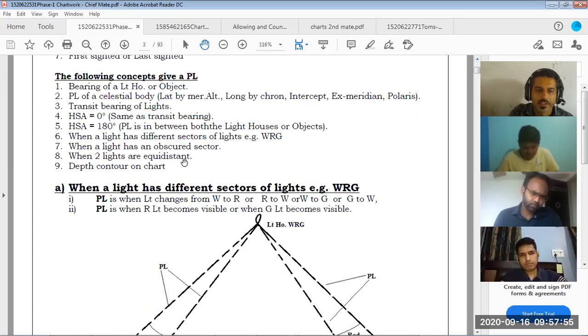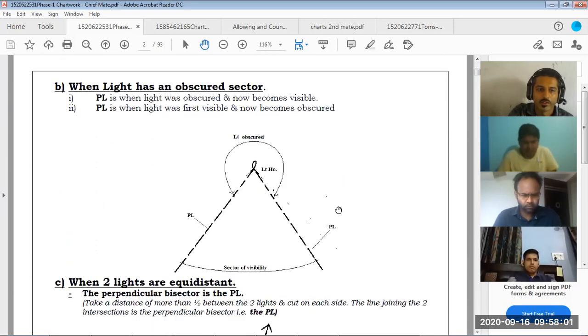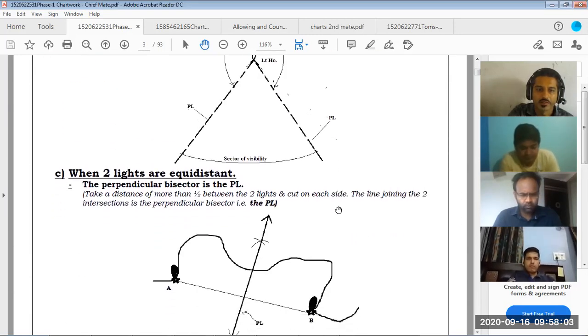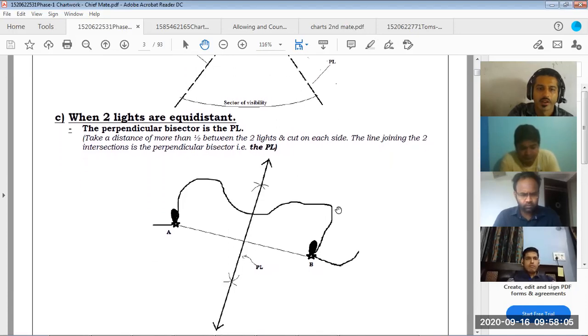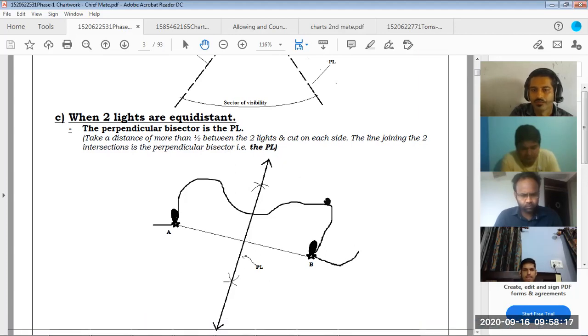Then when two lights are equidistant, so we know the distances, we can cut the arcs on here and we can cut the arc from here and we join, we get 1 PL. Suppose you know that these both lights are 5 miles apart.